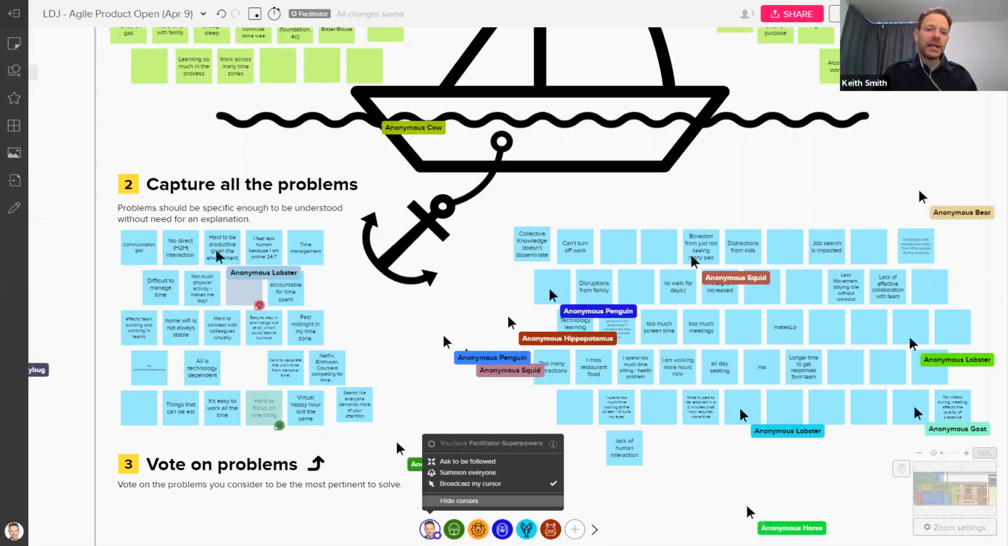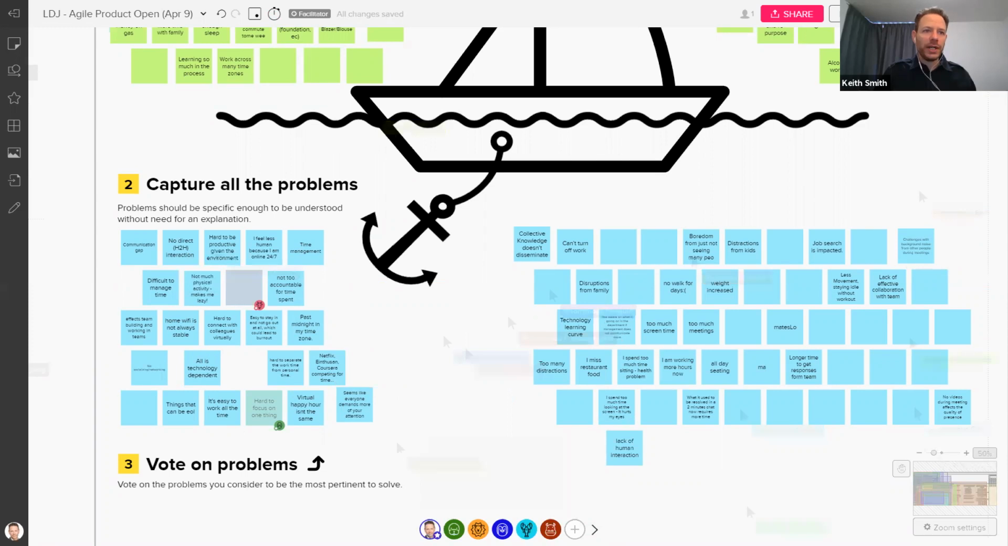Okay, so the next exercise, what we're going to do is we're actually going to vote on these problems. So we're going to vote on the problem you consider to be the most pertinent to solve. And again, we're thinking about our original challenge, which is we're trying to improve remote work. So I'm going to turn on the voting feature in